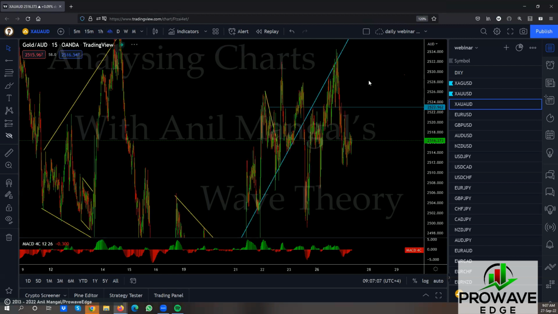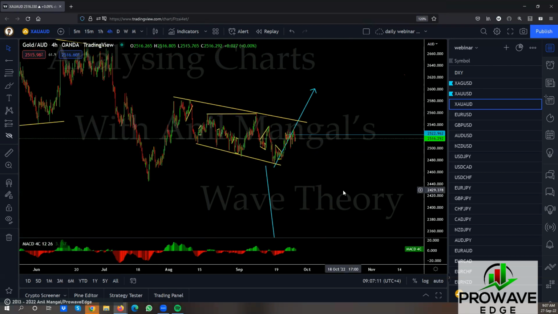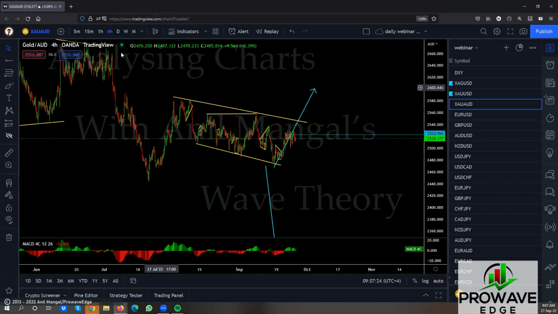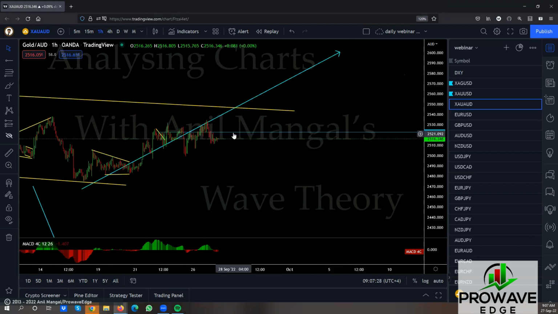Okay, so this one, we're looking at this structure, and I think we're going to break out of this structure, right? It's looking very corrective, which means I wouldn't be surprised if they make a new low and then go something like this. So if we get a sell setup out of that structure, we'll take it. If you're looking for a buy there, you likely got a break-even trade. Yeah, that would be a break-even. It went through like 100 times.